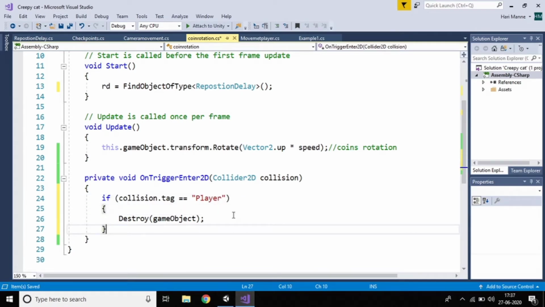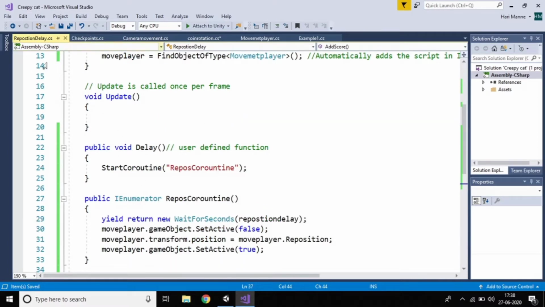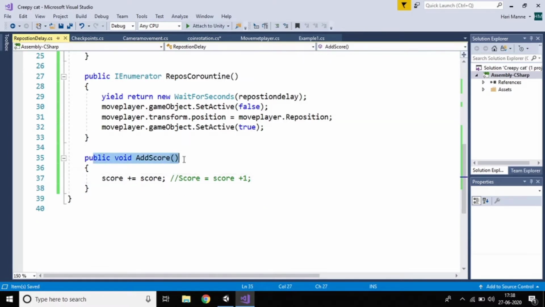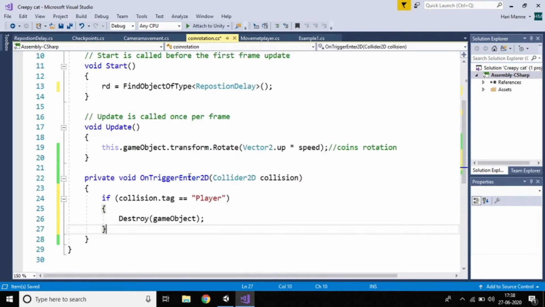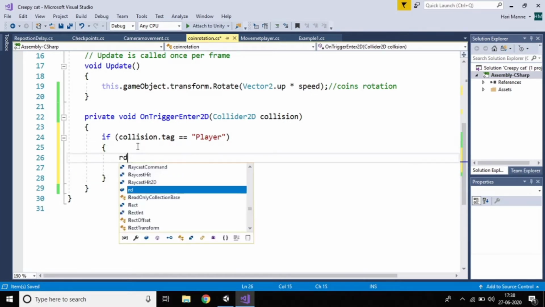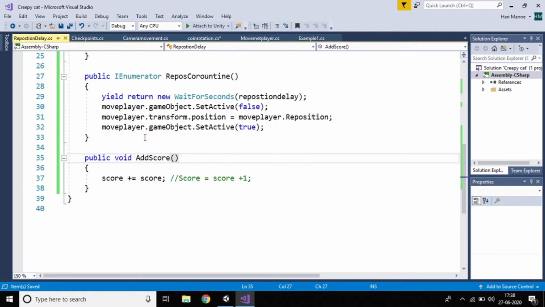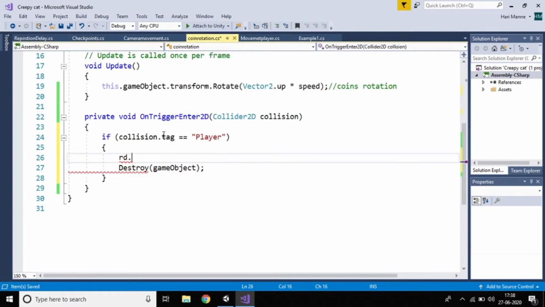Just keep this aside. So we have done everything, and we need to access this score display, right? So we need to access this score display function, public, this means a user defined function, to here. So just access this one by using the reference dot, so coins, right? We have done add score, right? So add score.